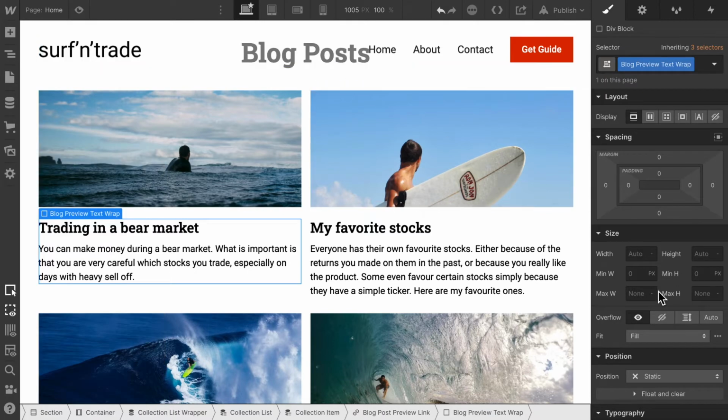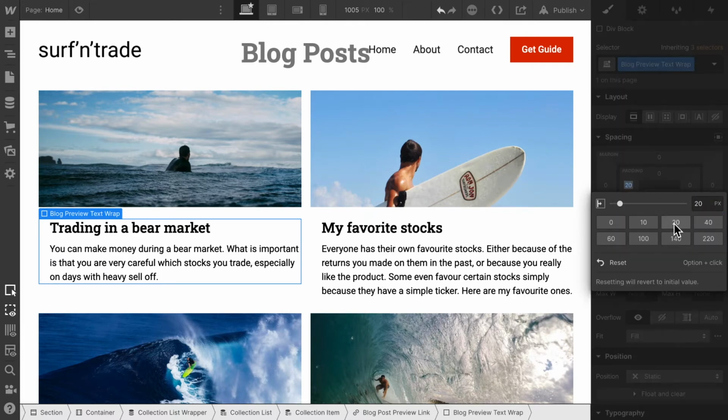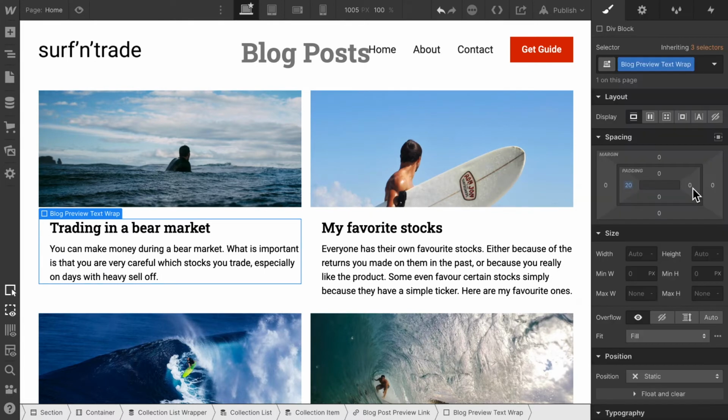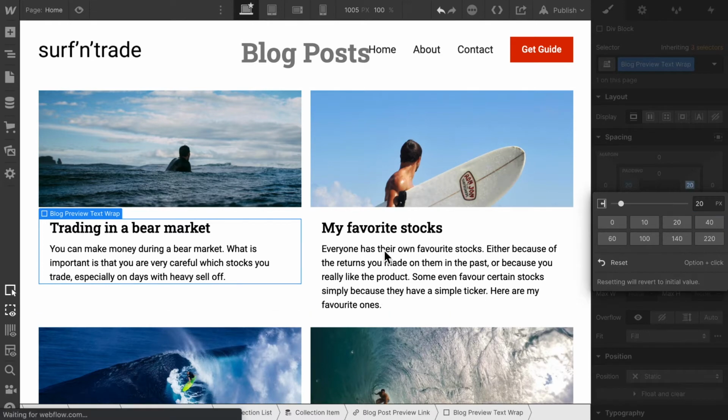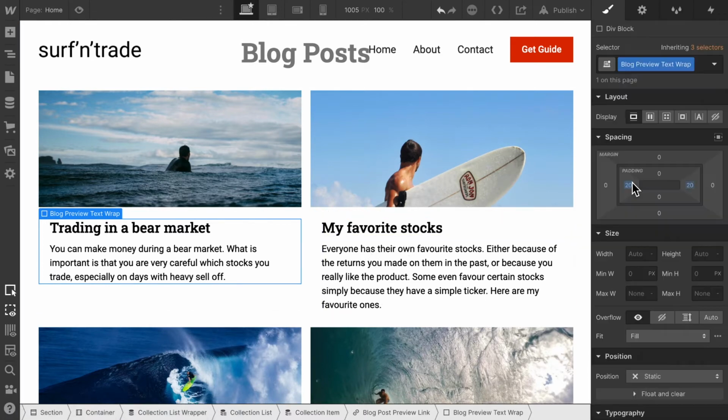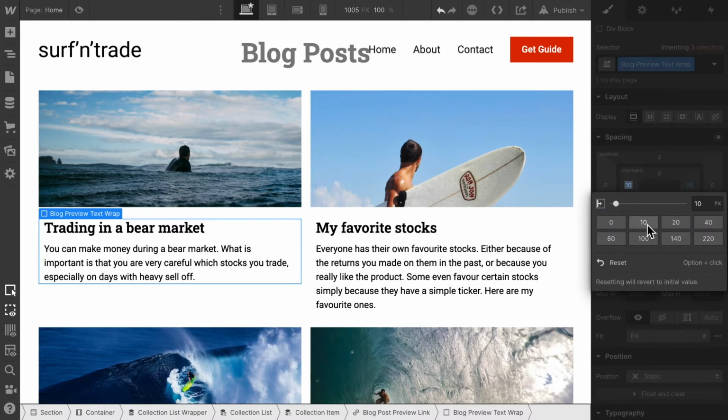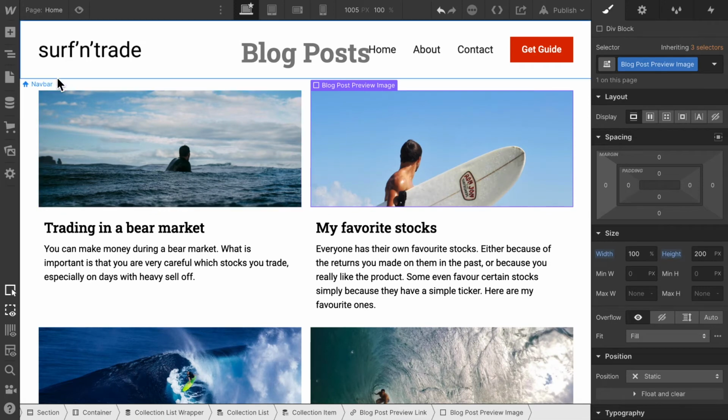All right. And we could give it some padding of, say, 20 pixels and 20 pixels. Right. So there we go. Let's leave that for the moment. Actually, maybe 10 should be enough. So, okay, and then let's select